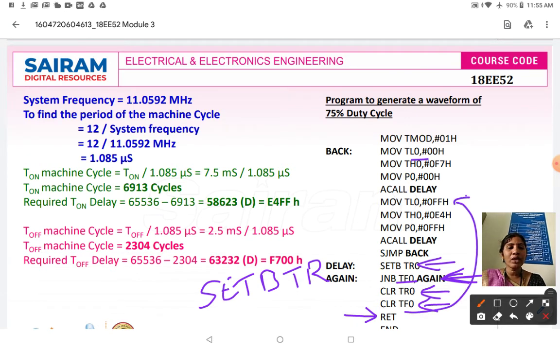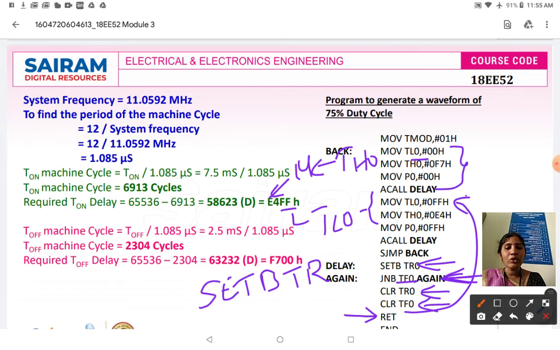After it goes to the next line of your call instruction, it is loaded with FF. So here FF is going to be your LSB and E4 is going to be your MSB. So TL0 is loaded with FF and TH0 is loaded with E4. This particular line is for maintaining your 0, that is I should get 0, right? Then it has to be maintained for 2.5 milliseconds. Then it should rise to 1 and it should stay for 7.5 milliseconds. So for 7.5, the time delay value is E4FF.